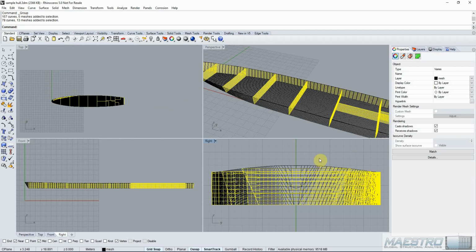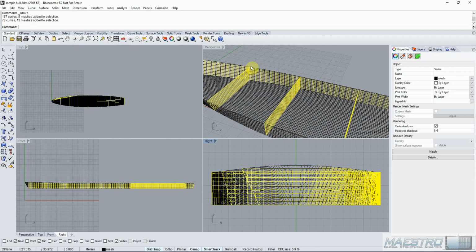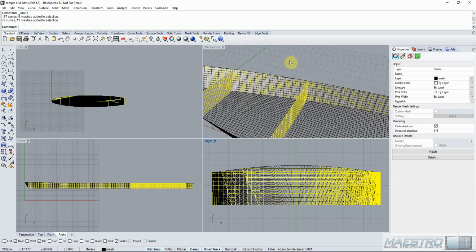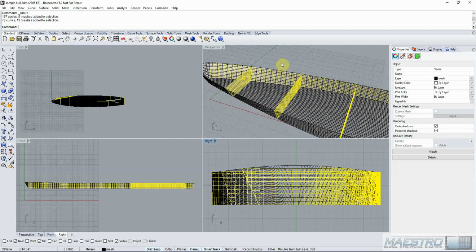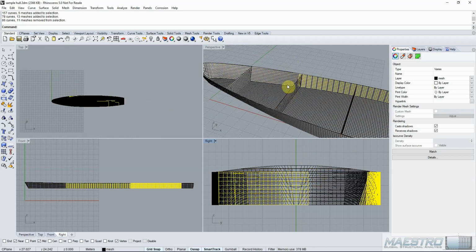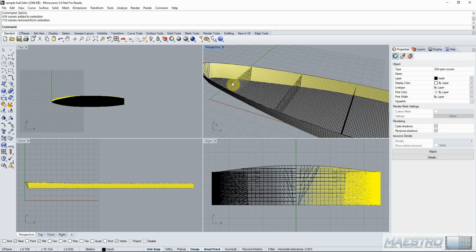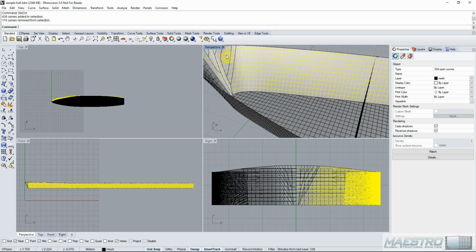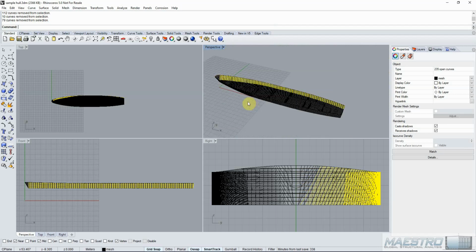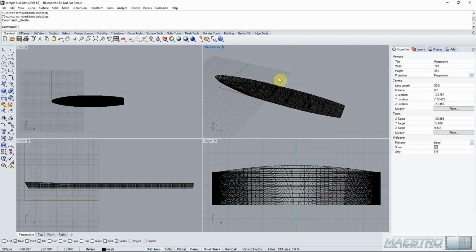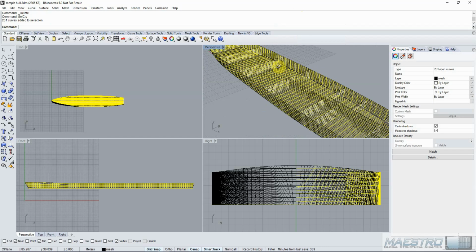we'll grab all of the extra lines there, although now if we try and deselect all of those bulkheads, we're going to wind up deselecting all of those curves too. So an easier way of doing this would be to select all the curves and then deselect the groups that we had defined. And that's where having them all grouped comes in very handy. So now we have just the remaining curves that we want to delete, and we can get rid of them. And now the curves we currently have are